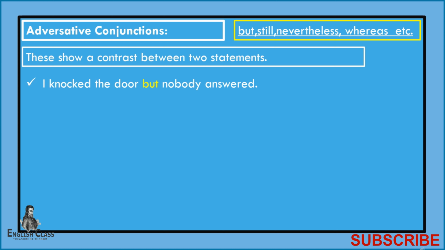As its name is telling us, adversative means adverse. One action or one statement or one clause is different, giving us a different kind of sense or meaning in comparison to the second one. Like he is rich, still he is not content. He is rich, still he is not content. These two statements are adversative.